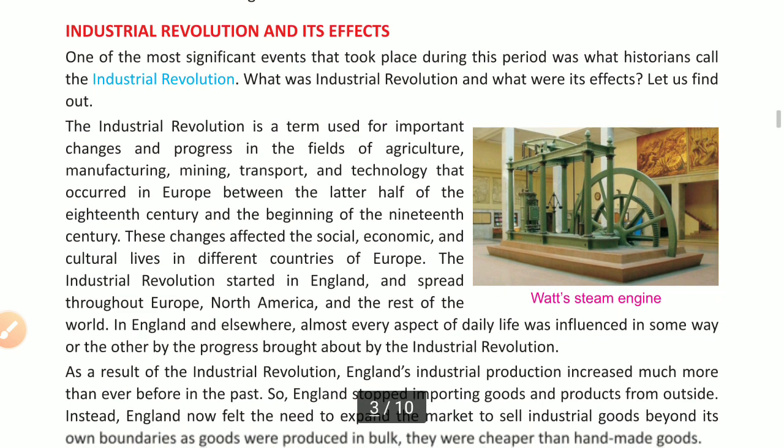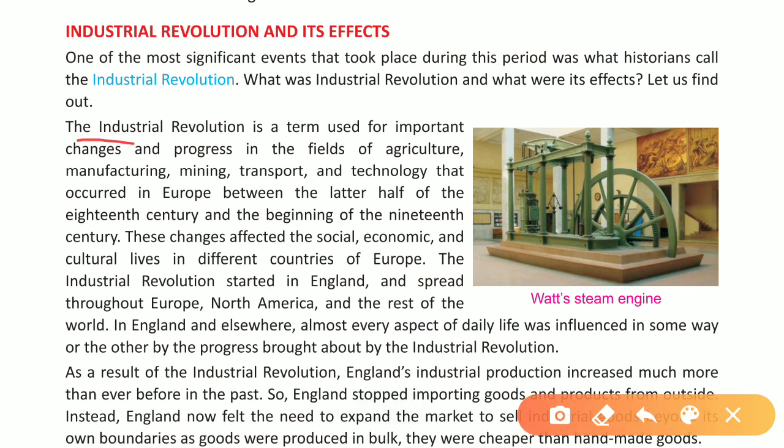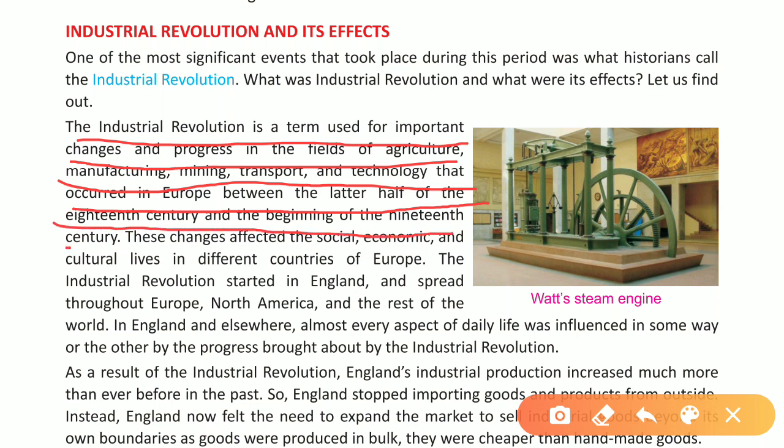First paragraph, see that the industrial revolution. Just underline "industrial revolution". Industrial revolution is a term used for important changes and progress in the fields of agriculture, manufacturing, mining, transport, technology that occurred in Europe between the latter half of the 18th century and beginning of the 19th century. Okay,